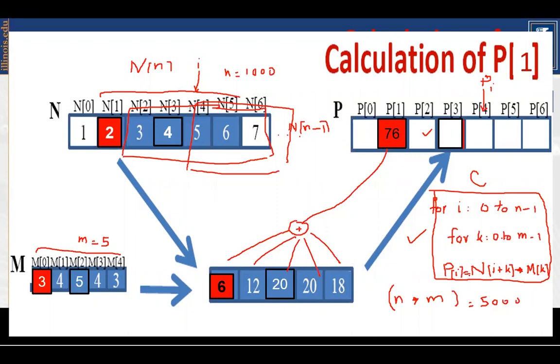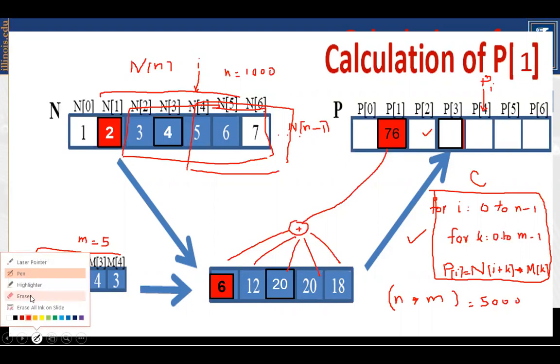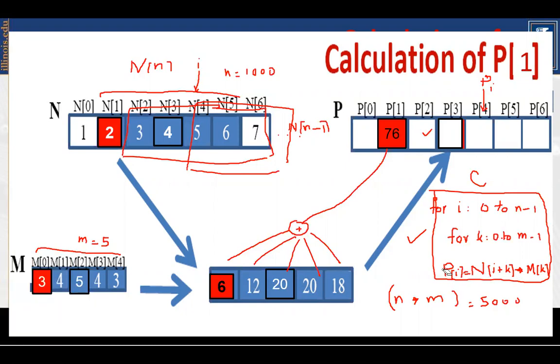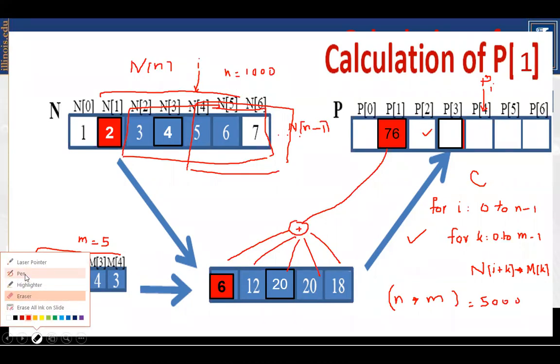And okay, sorry, here we have missed one thing that we should note. Let's use the rubber. Here is a little thing we missed. We are accumulating this product every time, and then we calculate this Pi. So let's correct it.